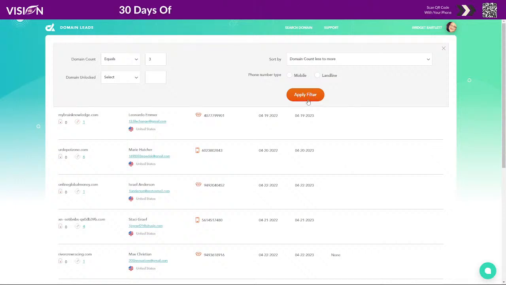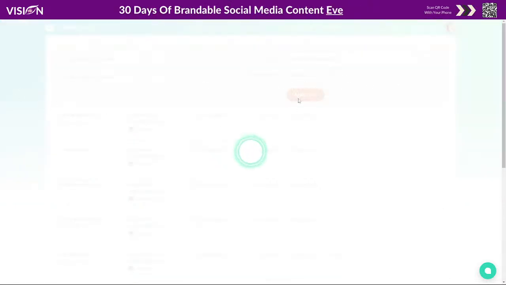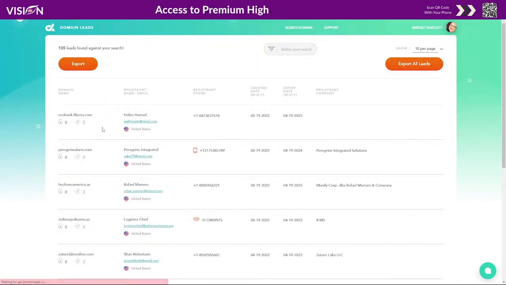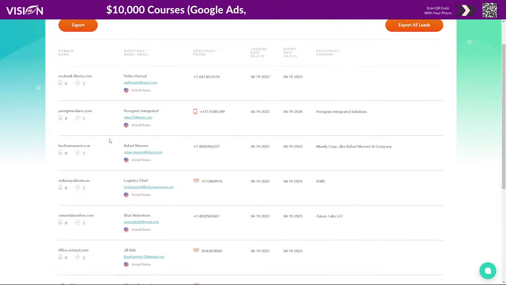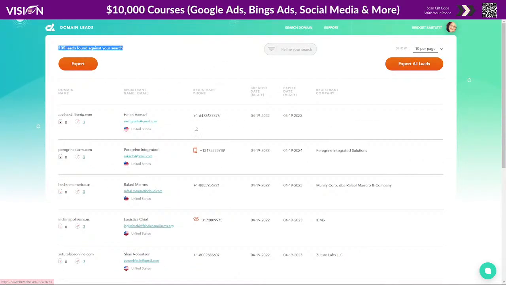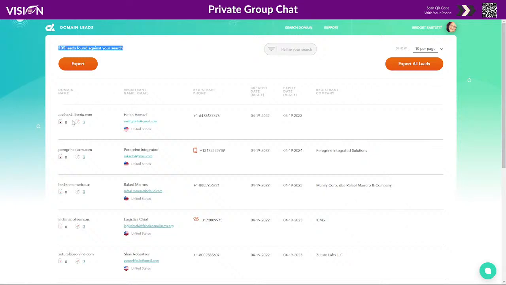Okay. So let's go ahead and apply the filter, and it's going to sort through all of the lists, and we're going to get an even more targeted list of all the businesses that just have one domain. Or, I'm sorry, less than 3 domains, okay? So now we have all of the businesses here, so we've narrowed our search to 135. Okay, so we can sort through here. We can click on here, and what's really cool is it does have the email address as well. So just looking at this, okay,